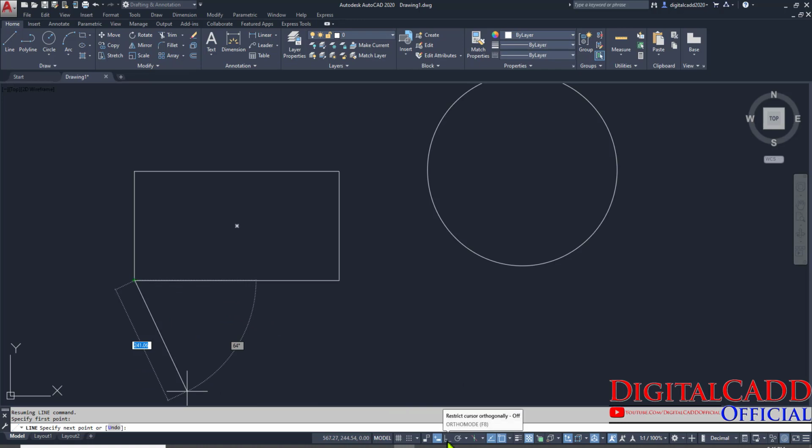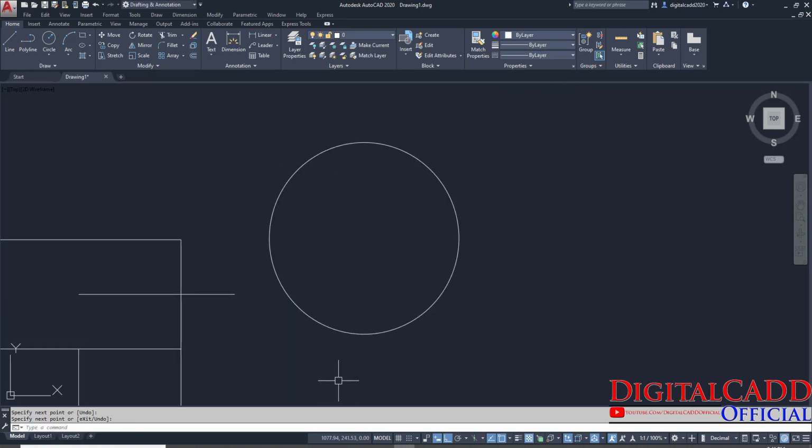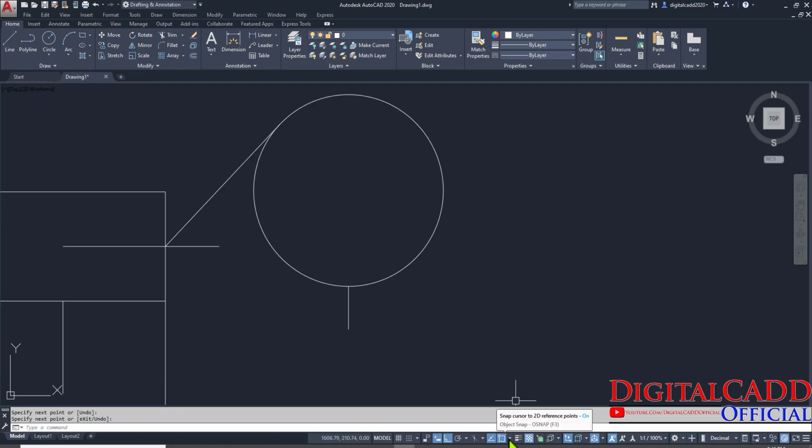Let's make ortho mode on to draw a line straight, either horizontal or vertical, like this. Midpoint is visible, endpoint is visible, geometric center is also visible. Quadrant is also visible, like this. Tangent is also visible here, because we made all the buttons on from here.